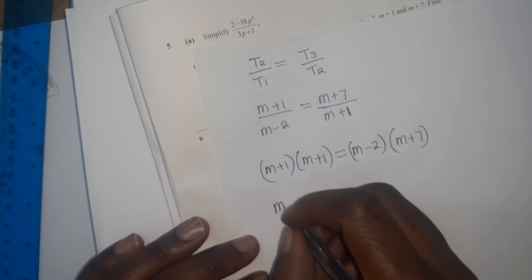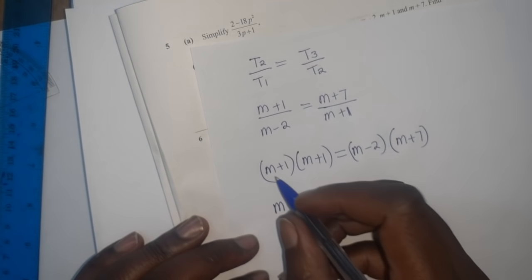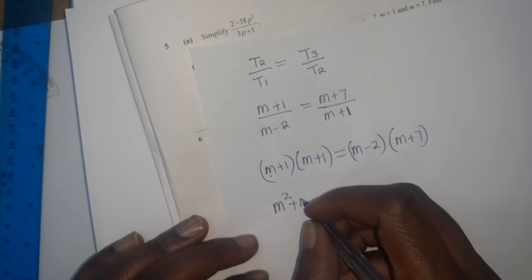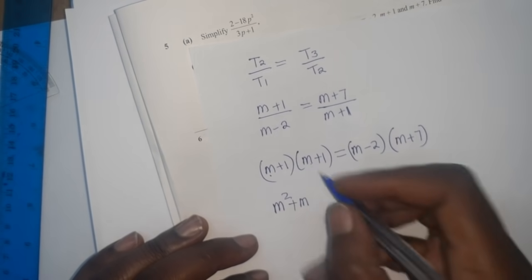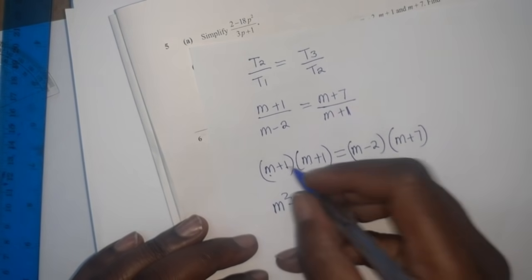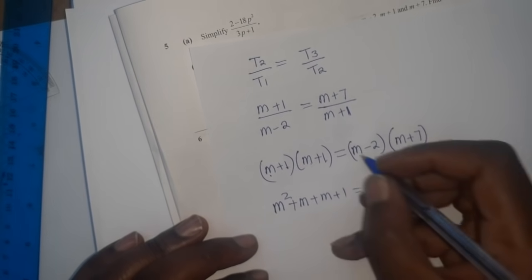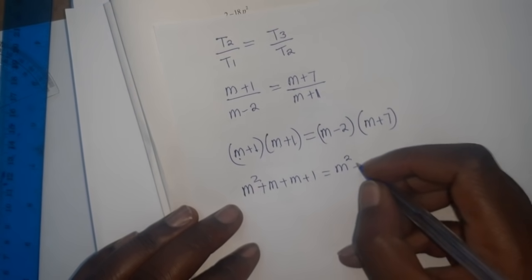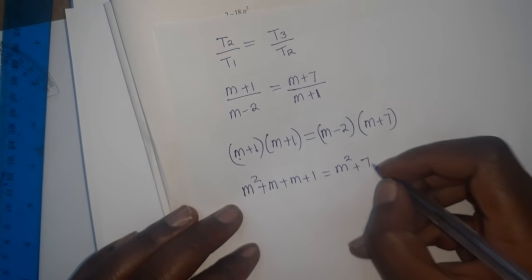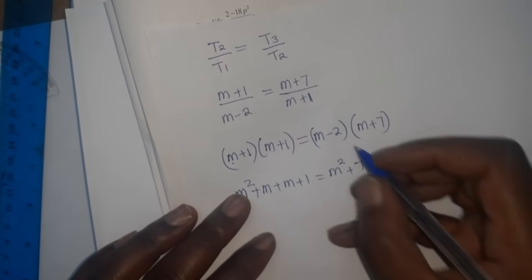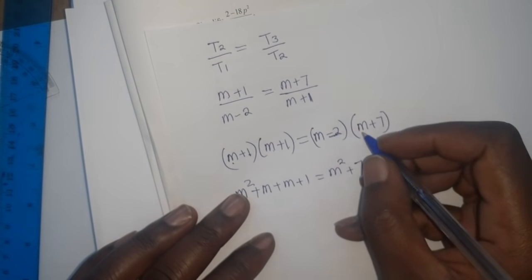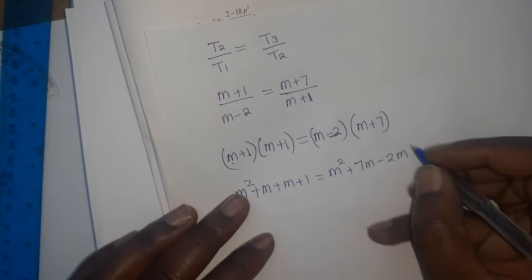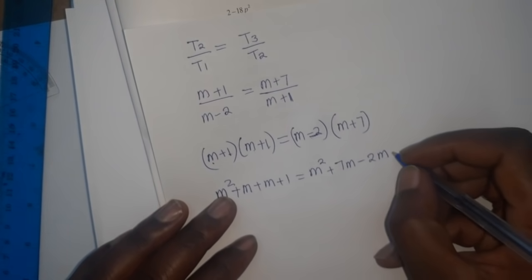This is going to give us m squared, m multiplied by 1, you have m, 1 multiplied by m, you have m, 1 multiplied by 1, you have 1. The same thing we do this side, m multiplied by m, you have m squared, plus m multiplied by 7, you have 7m, minus 2 multiplied by m, you have 2m, minus 2 multiplied by 7, you have